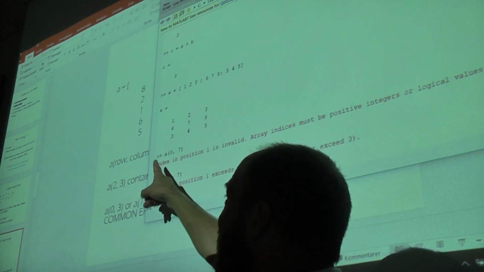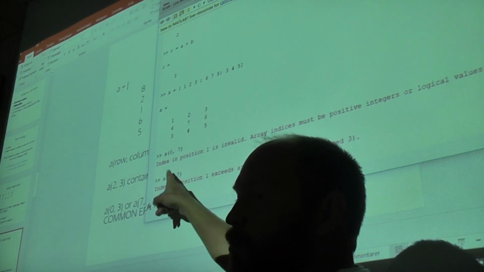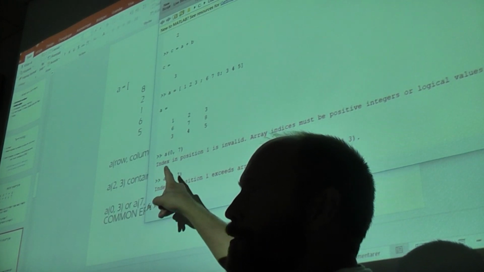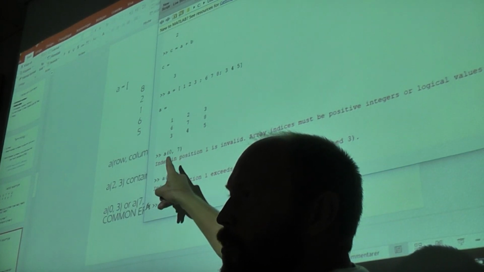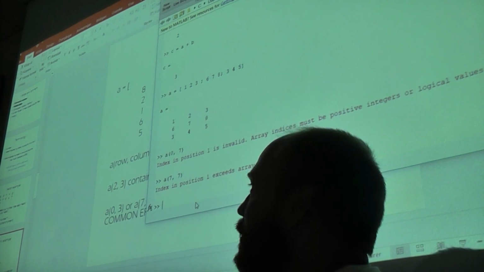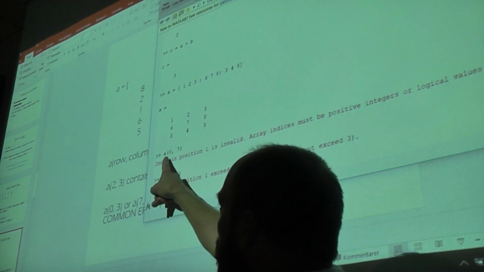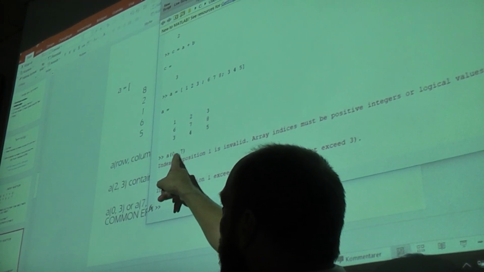But you have to know what an index is. And that's what I just told you. The index is within these parentheses. It's the position in your matrix or vector. So if we know that index means what's in here,